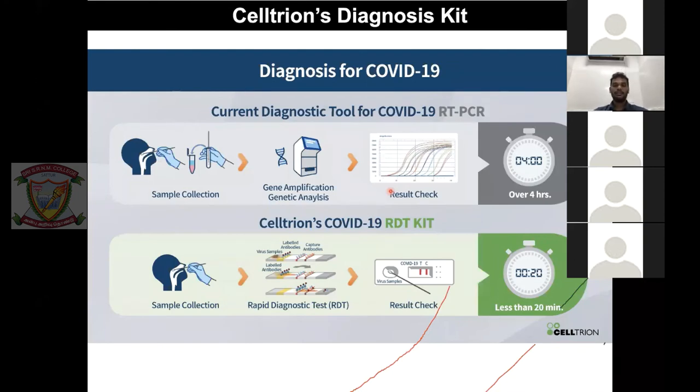So, this South Korean company, Celltrion, came up with this technology basically. They had a chip, exactly like I said, labeled with antibodies for capturing, and they pass the sample through this, and they identify it exactly like a pregnancy test kit: two lines, if both are positive, then you'll get it. The excellent thing about this particular technology is that in 20 minutes you'll be able to know whether you have a case or not.